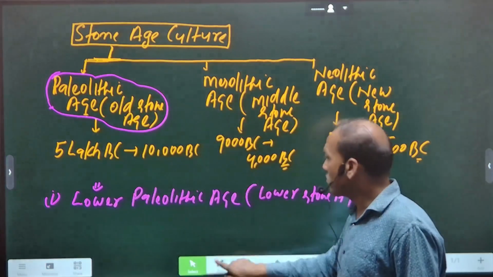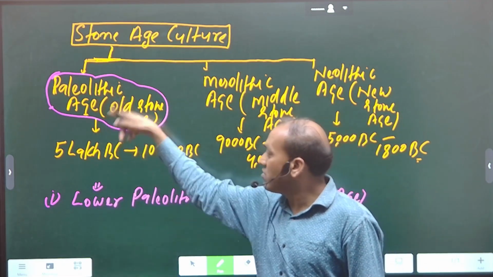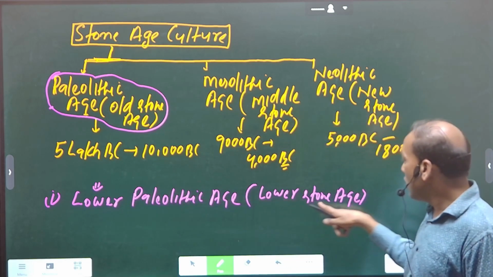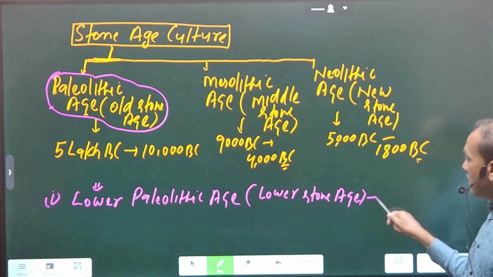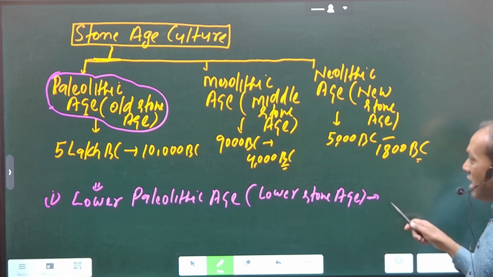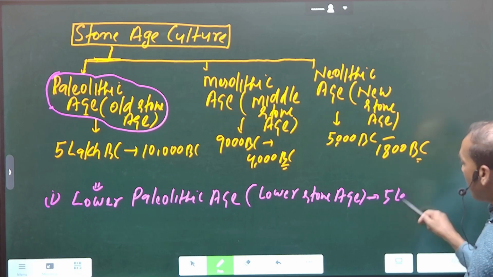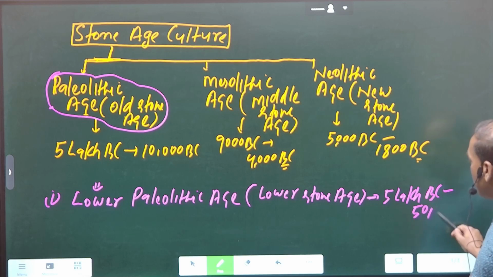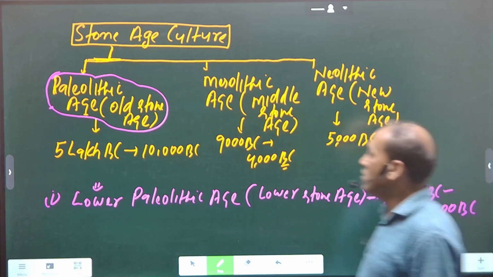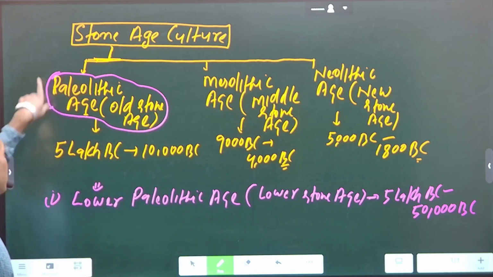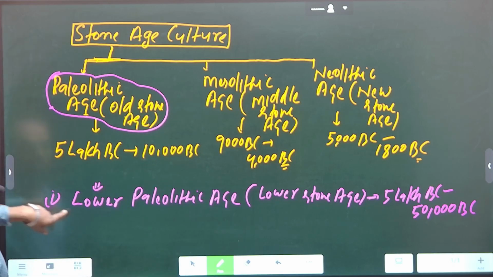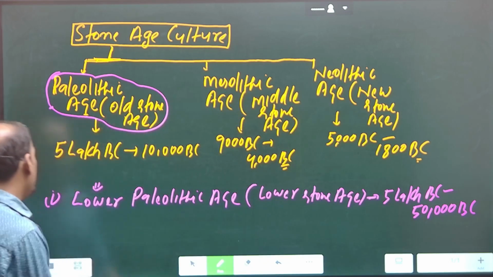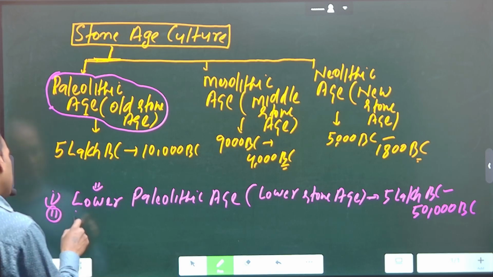So this Paleolithic age is divided again into three main parts: lower Paleolithic age, lower Stone Age, and the time period is how much? 5 lakh BC to 50,000 BC. Lower Paleolithic age, lower Stone Age, 5 lakh BC to 50,000 BC. Now second is middle